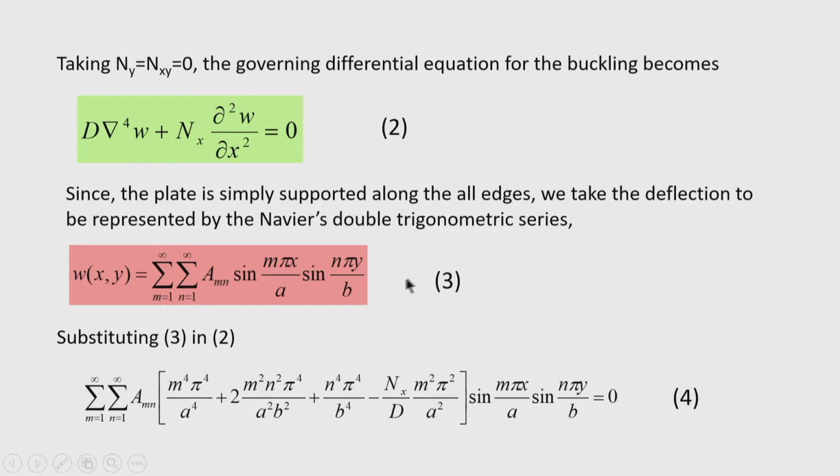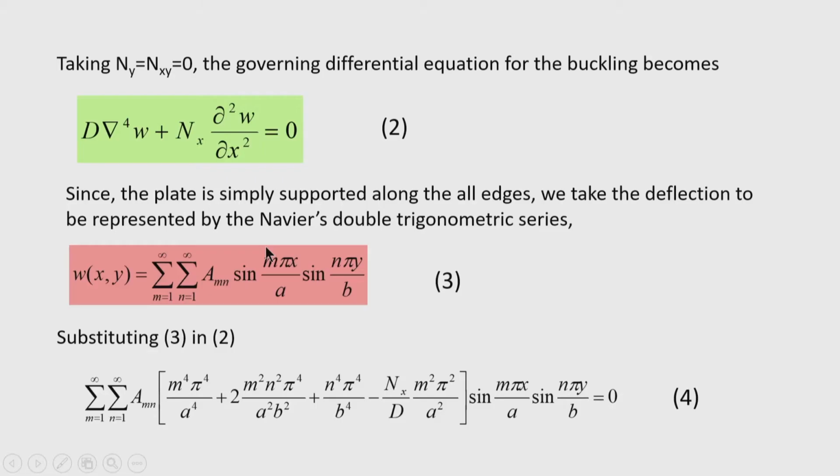What is a mixed derivative? In the derivative, both differentiation with x and y appears. So, in that case the mixed derivative is to be taken as del 4 w by del x square del y square. So, w is differentiated 2 times with respect to x, and after differentiation the result is again differentiated 2 times with respect to y, or vice versa. Then substituting 3 in 2, that equation is obtained.